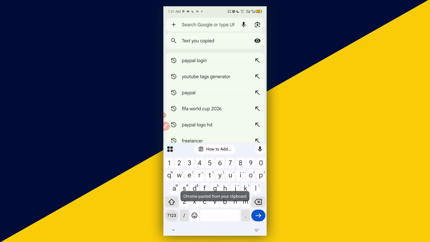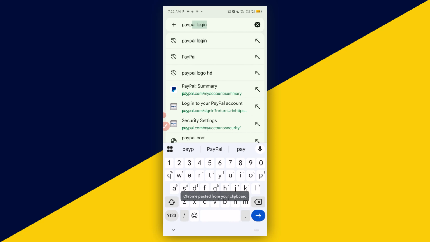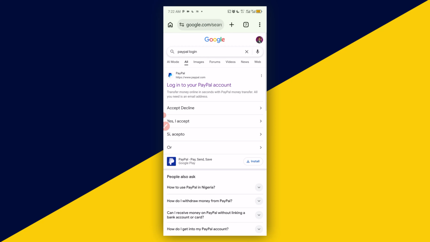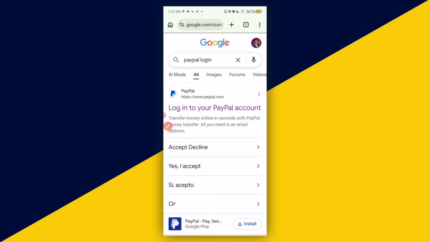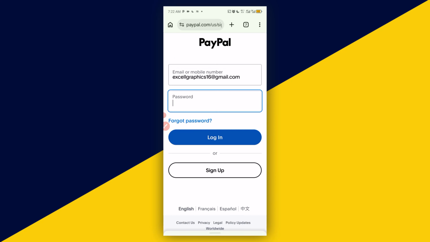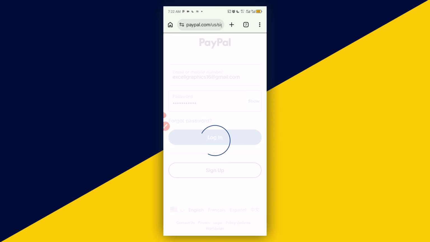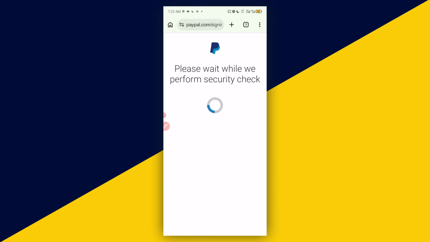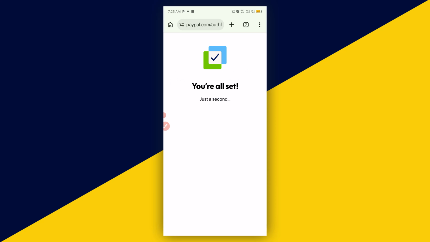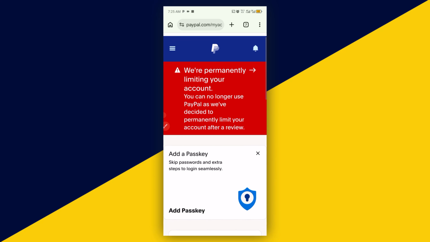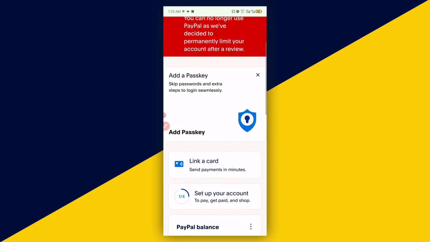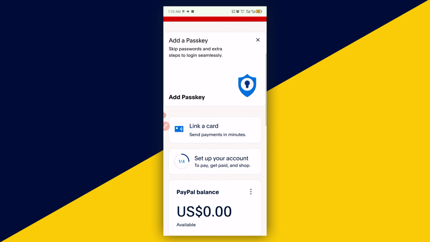Then create a new tab. Click on Search Google. Type in PayPal. Hit Enter. Click on Login to PayPal right here. Go ahead and enter your login password. Now, successfully logged in. Next thing you want to do from the home tab right here, go ahead and click on